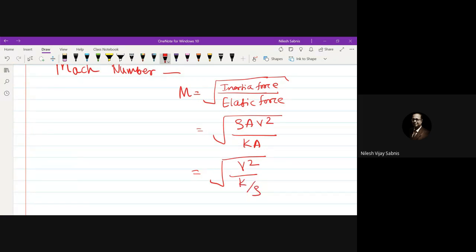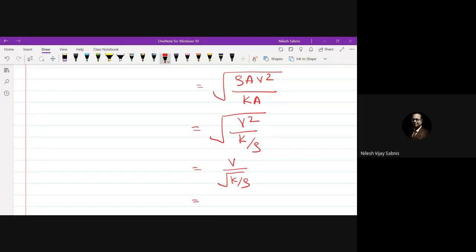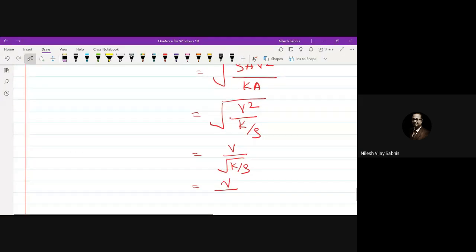It is just a rearrangement which you should remember. V upon under root K by rho, or further V upon C, where C is nothing but under root K by rho, and that is nothing but Mach number,